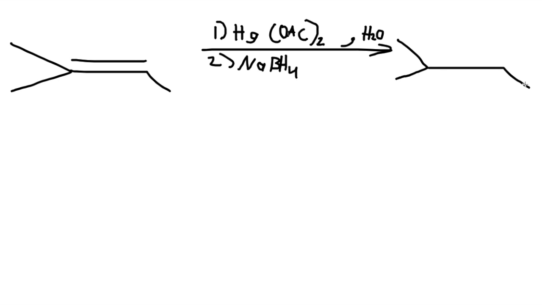This is a Markovnikov problem, and so we would put the H on the least substituted carbon, while OH would be on the carbon that has the most substituents. Next, if we have a structure like this,